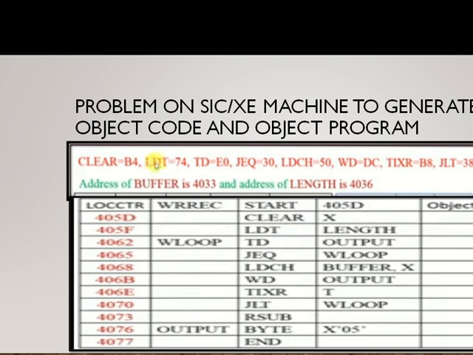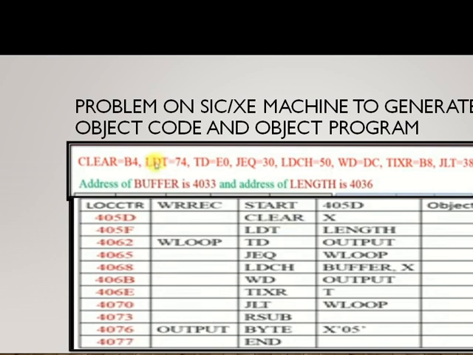Some of the instructions like CLEAR, LDT, TD, JEQ, LDCH, WD, TIXR, JLT, RSUB are given, and the address and buffer value is also given with the length address. So this is a simple program where I am going to explain how to generate the object code and also